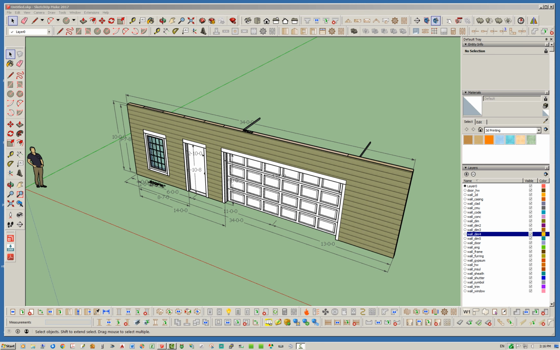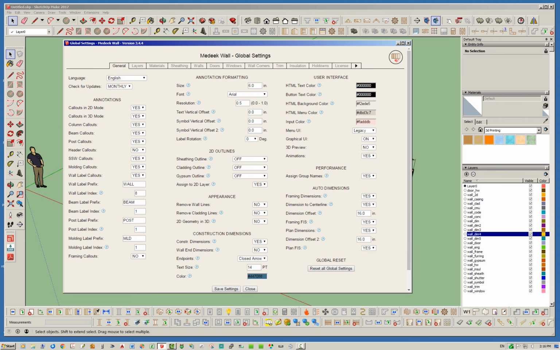Wilkerson, and today I wanted to talk a little bit about the updates that I've made recently to the auto-dimensioning feature of the plugin. So let's jump in here to the global settings of the plugin and explain what we've done recently. So first thing you'll notice is the addition of this seventh parameter in auto-dimensioning, and this is dimension